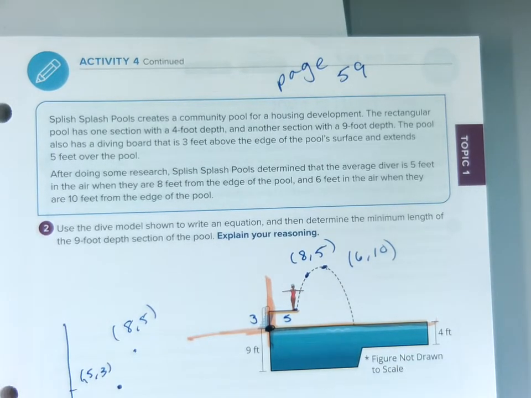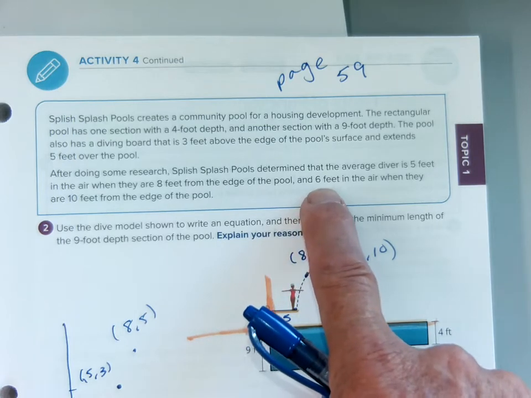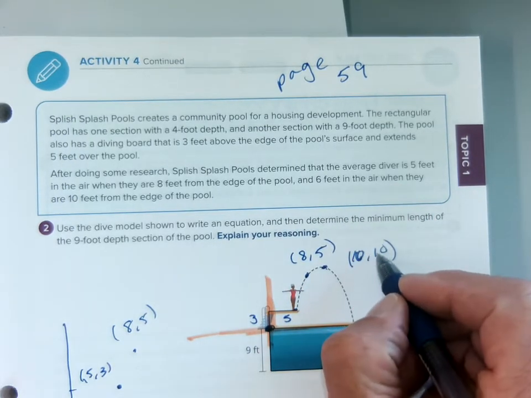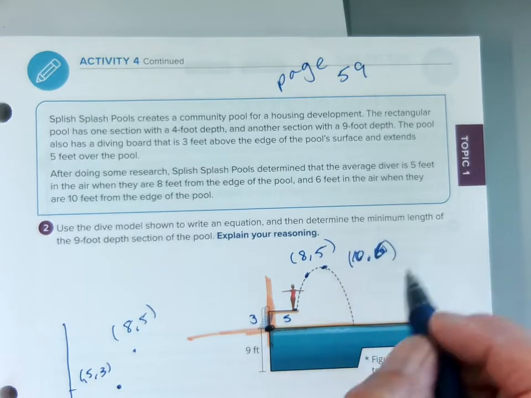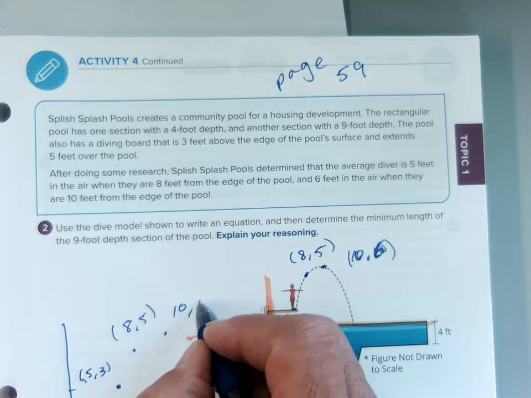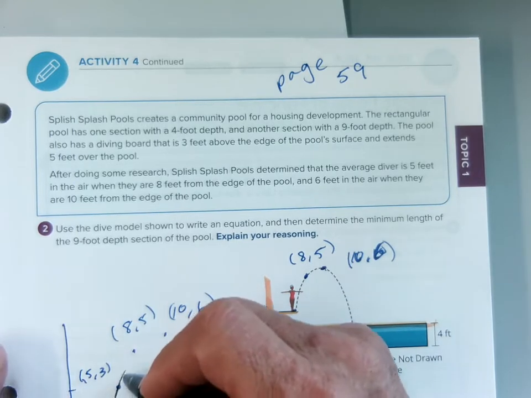So yeah, this is a 10, 6. My bad. Let me fix that to a 10, 6. There we go. So it looks to me like it's probably going to be some kind of a parabola,